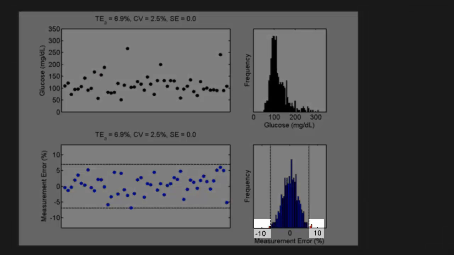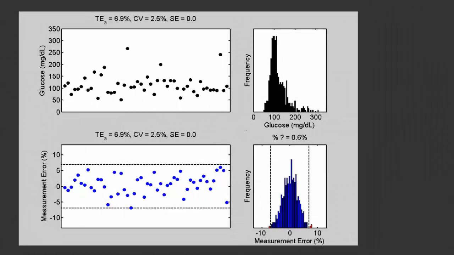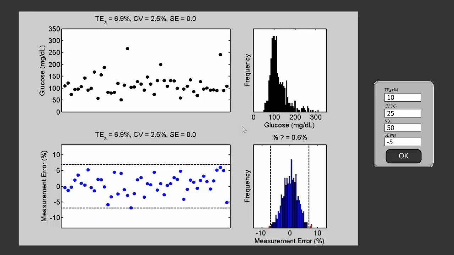The histogram is the same as it was before, but now we see that 0.6%, or 6 out of 1,000, fails to meet the quality requirement. Looking at data in this manner turns out to be an interesting way to appreciate the likelihood of producing results that fail to meet the quality requirements. However, in quality control, we're concerned with the ability to detect out-of-control conditions when they occur, before they produce too many bad results. So let's take a look at that case.